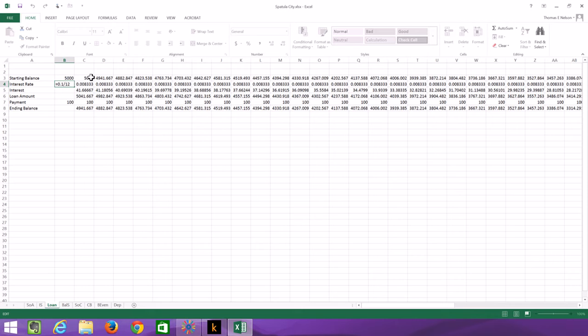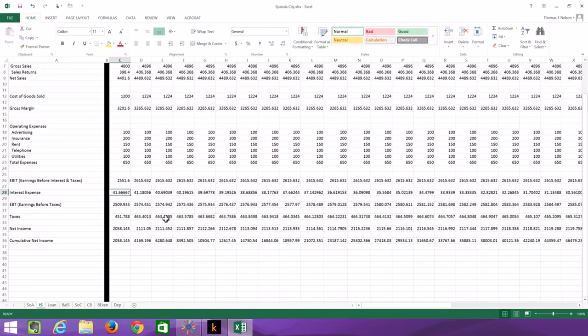So the first month we had $5,000 that we owed. We charged interest on that of $41.66, which led to a loan amount of $5,041.66, made a $100 payment, and that left us owing $49.41. Now $49.41 in month 2, more interest, made us owe $49.82, and then we paid $100 and it goes down. We generated this entire amortization schedule. We generated this whole sheet so that we could get our interest expense on